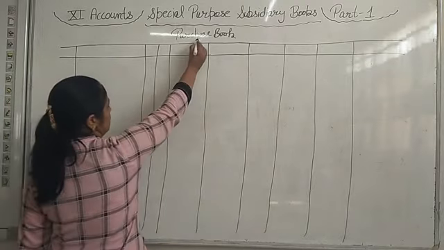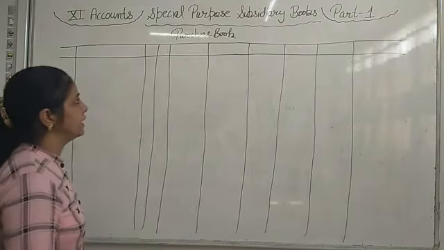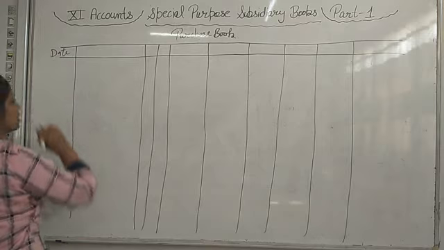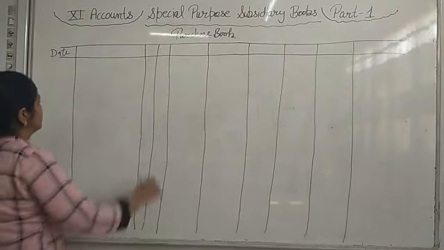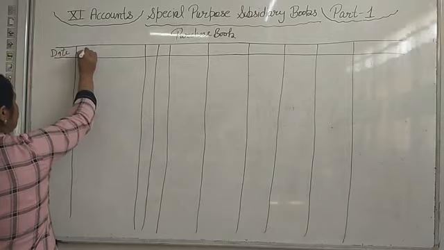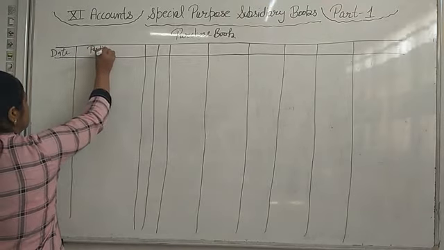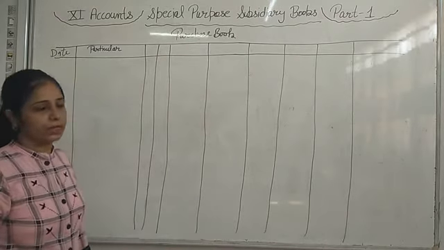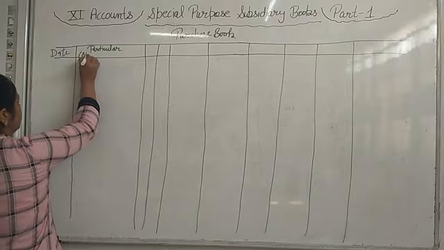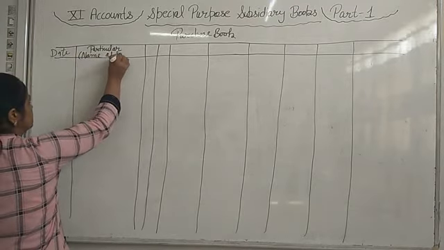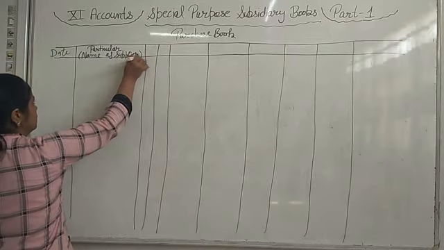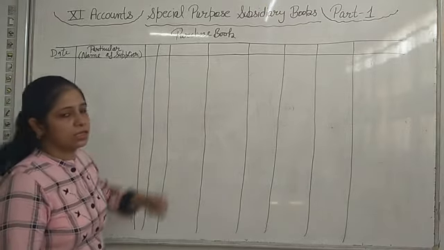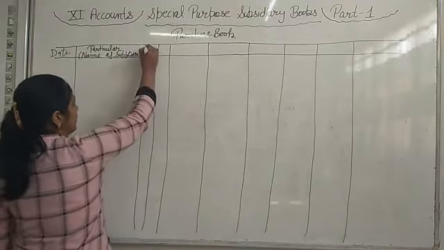First of all, in the center we will write the heading Purchase Book. Then the first column in every proforma is the date. You know this. In the second column we write the particulars. In the particulars column we write from whom we have purchased goods on credit, that means the name and address of the supplier. Then ledger folio,